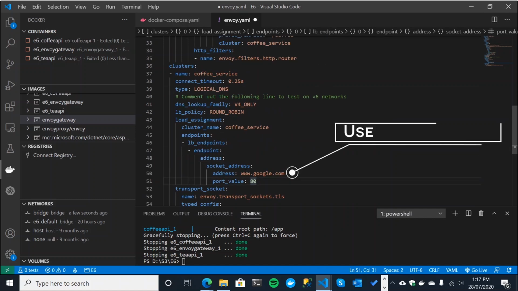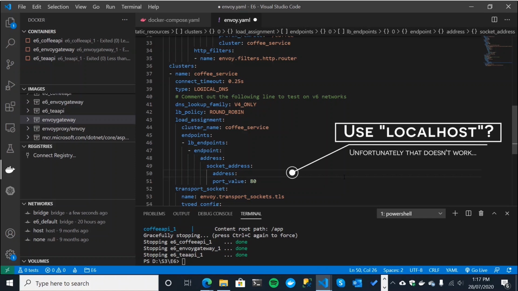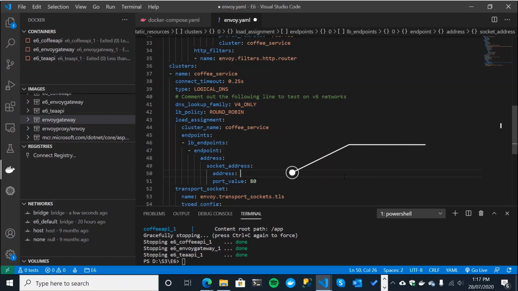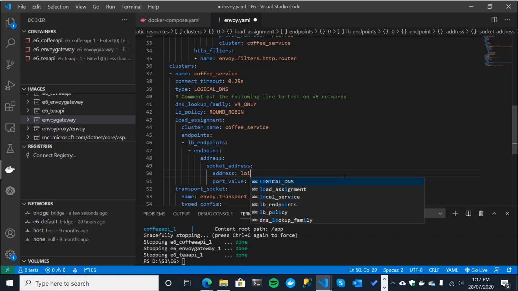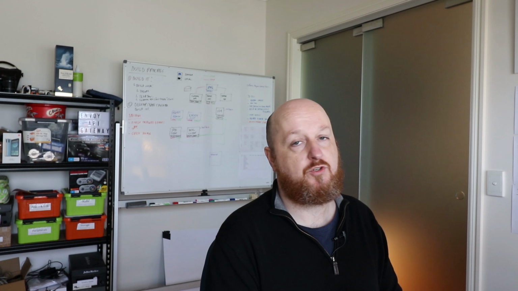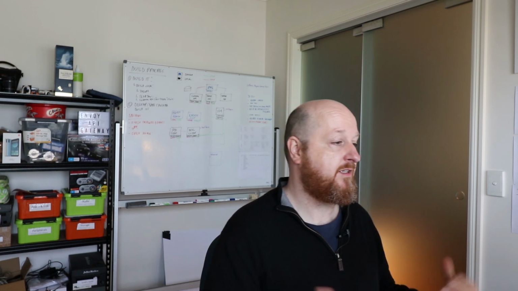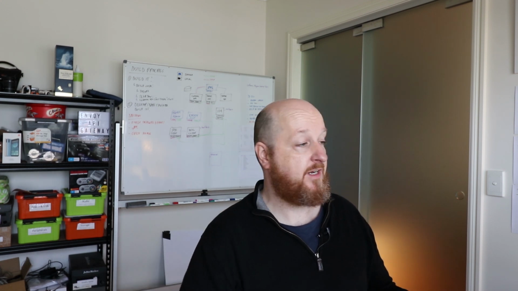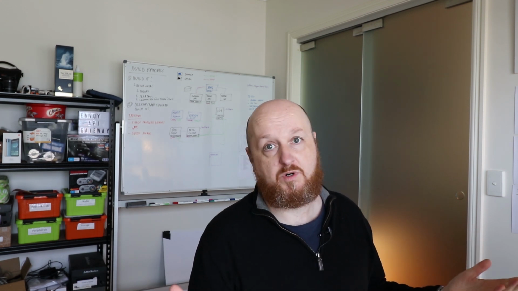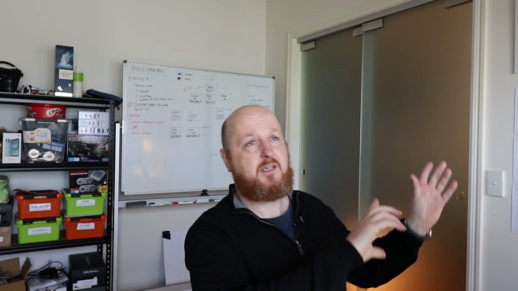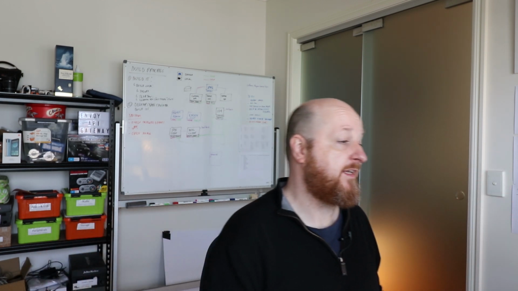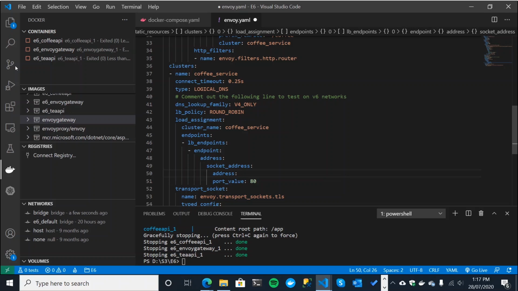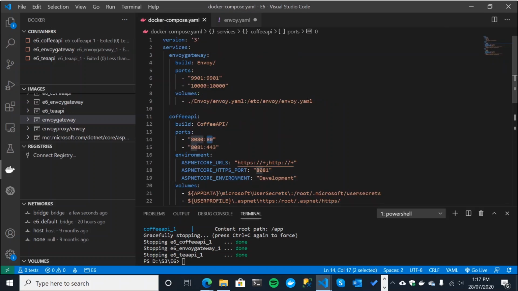Now, the only other thing we then need to update is this address. So we're not wanting to route to Google, we're wanting to route to our Coffee API. So what do we put here? If you want to put localhost, you can try and do that, but that will not work. I actually ran into that issue when I was testing this and developing this particular video. I had my APIs running natively, I didn't have them running in containers, and I used localhost, and the thing didn't work. It doesn't like localhost, and that's why I ended up making another video about custom domains and stuff like that.